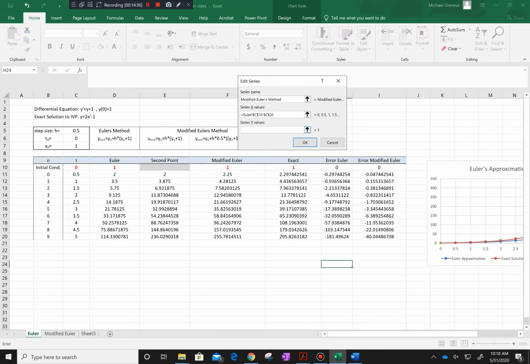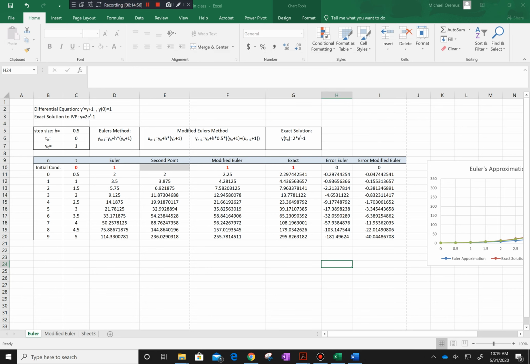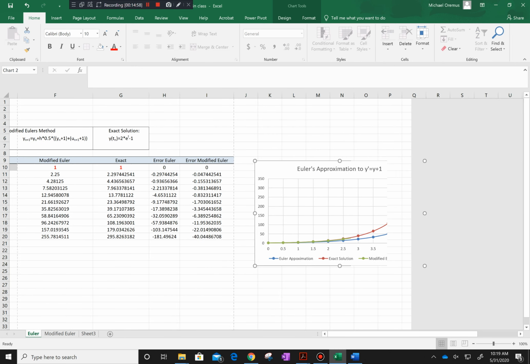Again, hit the black arrow. Let's grab the modified Euler's data values and select the blue arrow again to insert them. This now enters the values in our spreadsheet, or in our table, or in the graphic. And you should see them now showing up